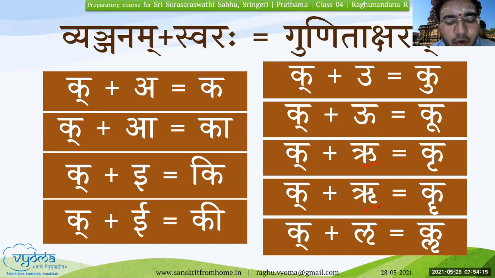Now I get the point. In some books they represent the Hrasva R like this, and they will represent Dirgha R like this. If that is your question, in the Dirgha there are two half circles below the letter. But in this case, even if it is shown as Dirgha R, there is only one half circle below the letter.